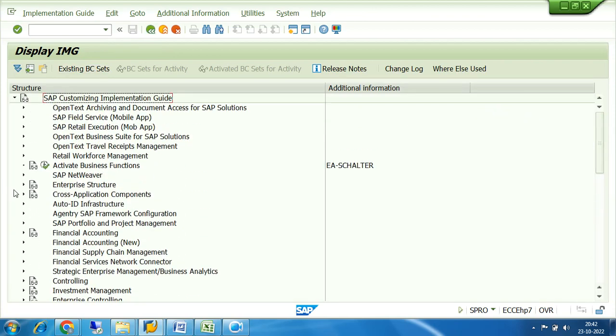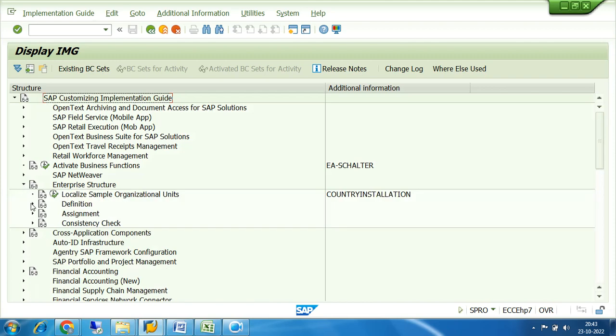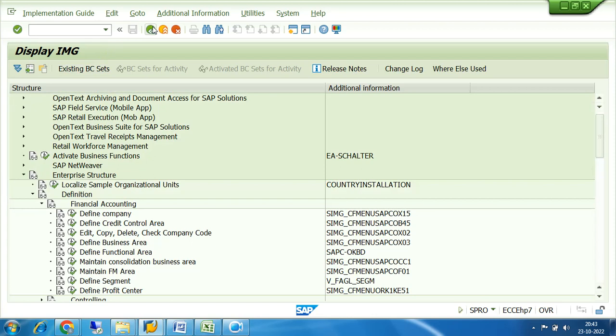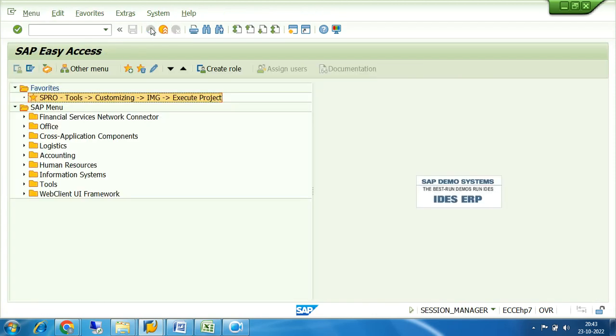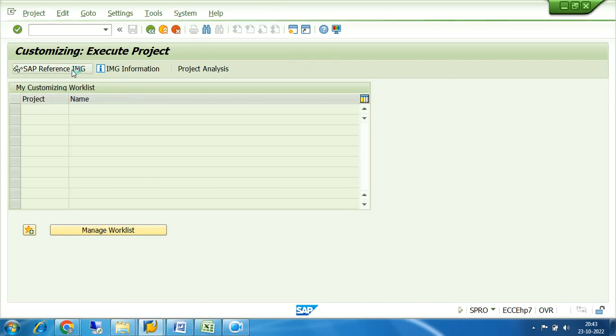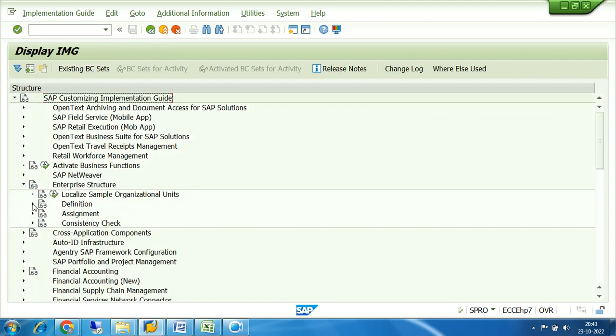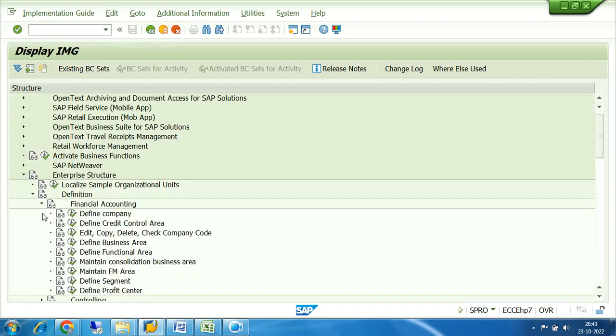But again, just a minute. Okay, so if I log off, then it will not be available. Let us see. Even if I come to the easy access, it should automatically vanish. Yes, it has gone. Once you come to the easy access and then go to the customizing area again,